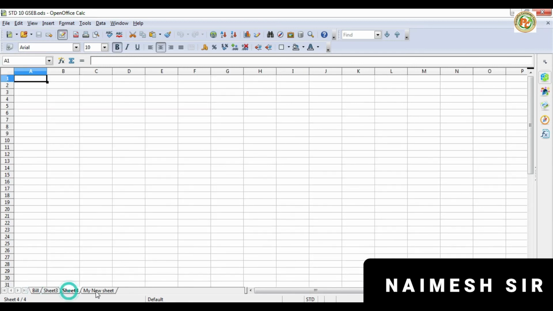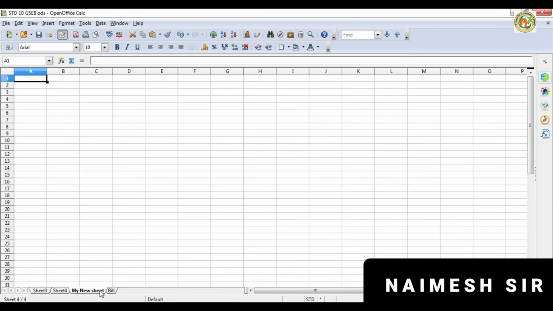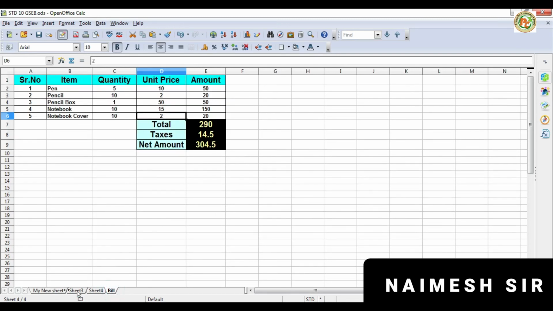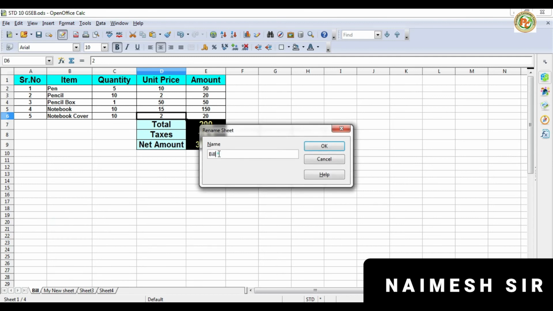Now if you want to move, you can move all the sheets one by one. Like I want to move it to the last, so select it and drag it to the last. Okay, I want to move the new sheet first, so you can hold it and drag it to the left or right, but I want to bring it back on the top first. Okay, so this way we can do ordering, we can arrange it also. Okay, if you want to rename it, you can right click on it and then click on the rename. You can change the name of the sheet also.